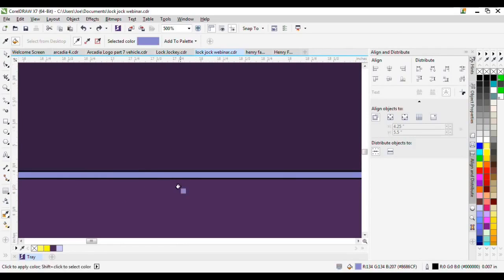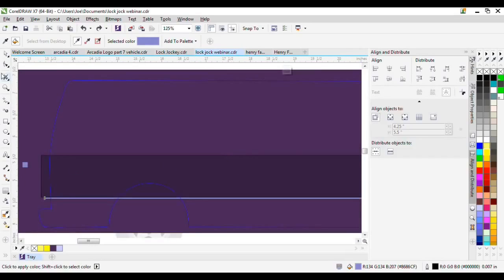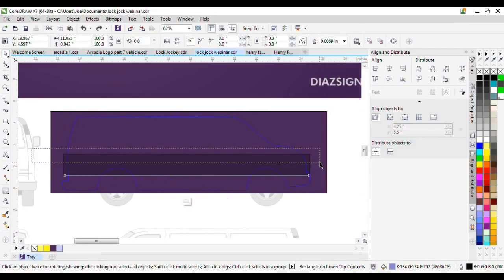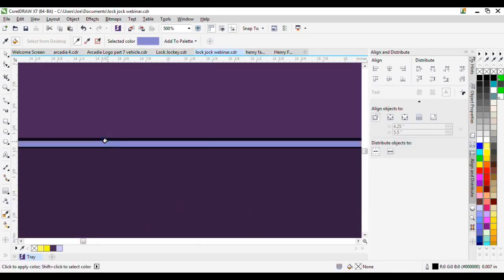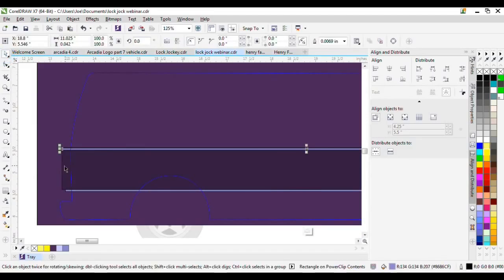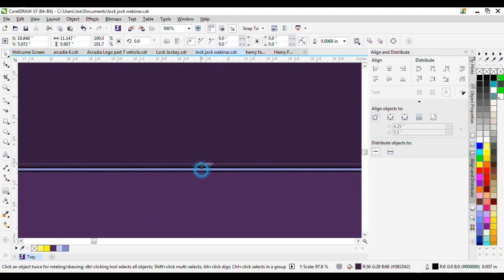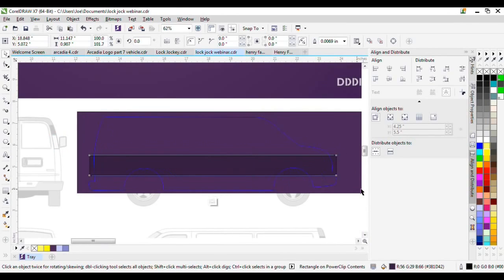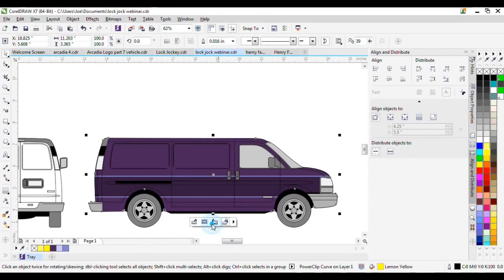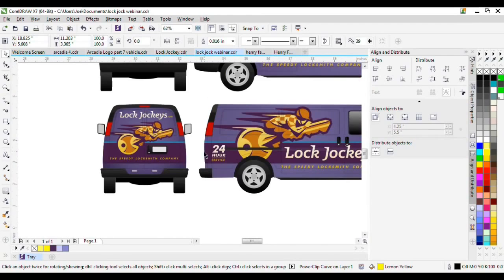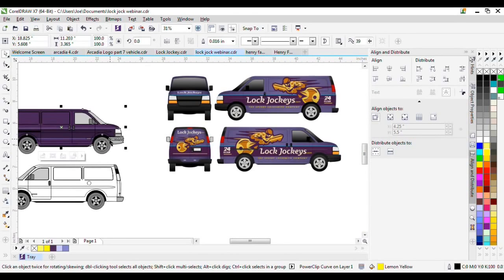I can use my color eyedropper tool and apply it to this shape up here. Whoops. Get rid of our outlines, keep it nice and crisp. And now we've got that body line running through the truck, similar to what I did here. Colors are a little different on here, but now